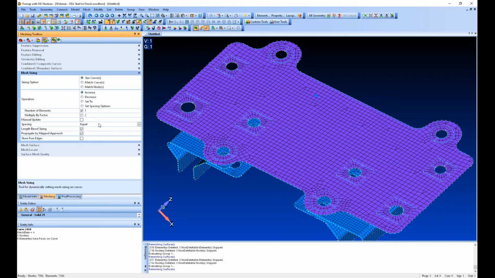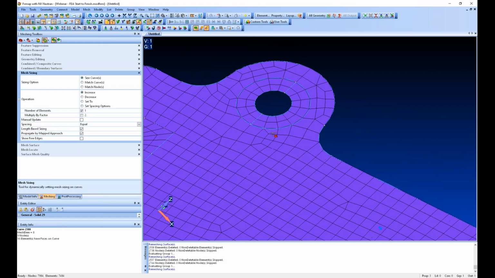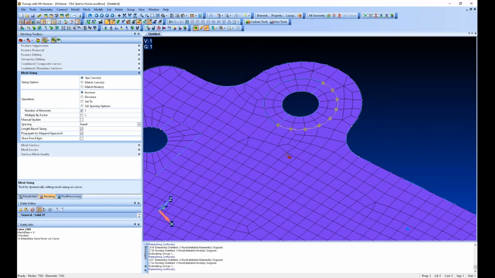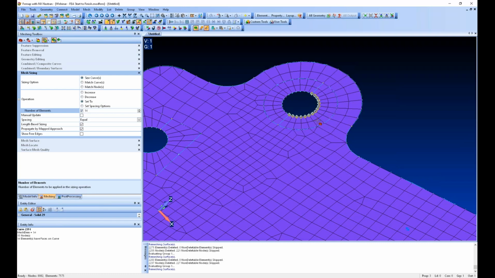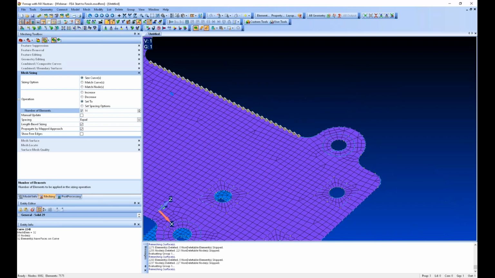Now I can go a step further and I can adjust the sizing. So for instance, some of these elements don't look great to me, and I'd like it to be a little more uniform. So what we can do is go to mesh sizing, say set to, and if I highlight over this curve, I can see I've got 8 elements around this curve. If I look down here in entity info, as I hover over this, this is 8 and this is 14. And so what I can do is say, okay, I like the size of those 14 elements, so let me update to 14, and I've got this select button still selected. Right, and I can update, and now I've got a nice structured mesh around this hole and around the outside there. And I can do the same thing